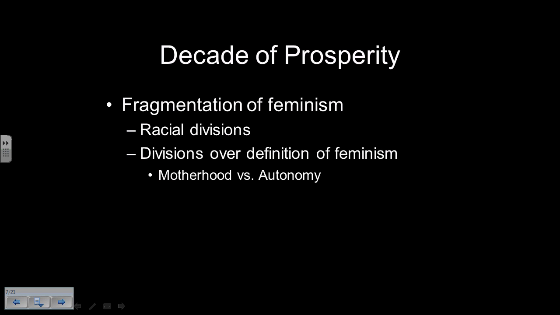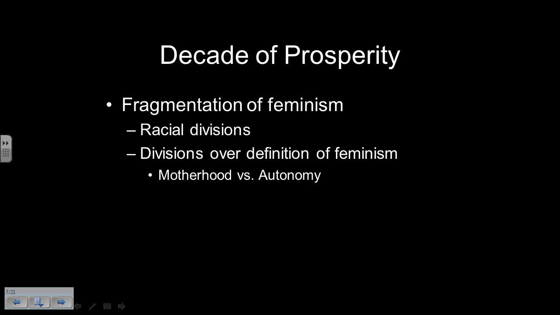Let me explain. Up until women got the right to vote, all these women were unified by one thing. No matter where they lived, they were unified by one thing. If we get the right to vote, that'll solve most of our problems. But then after the vote was acquired legally, there wasn't a whole lot left that women agreed on in order to organize a political movement. For instance,